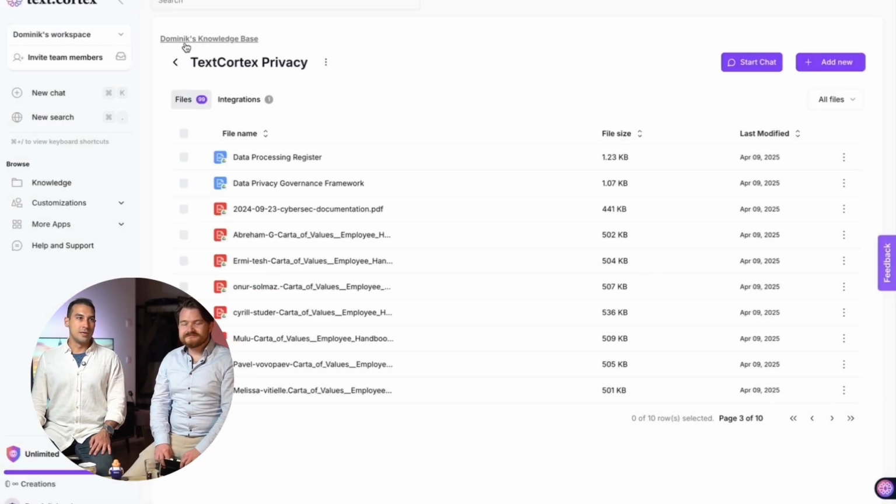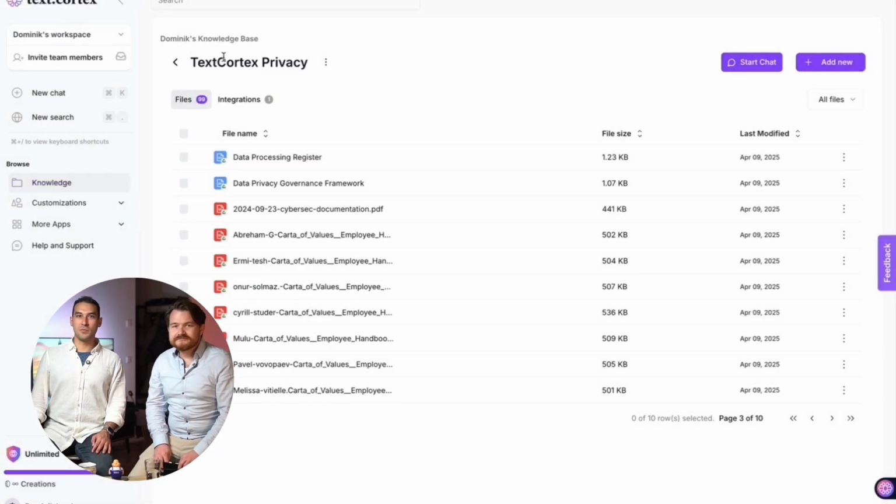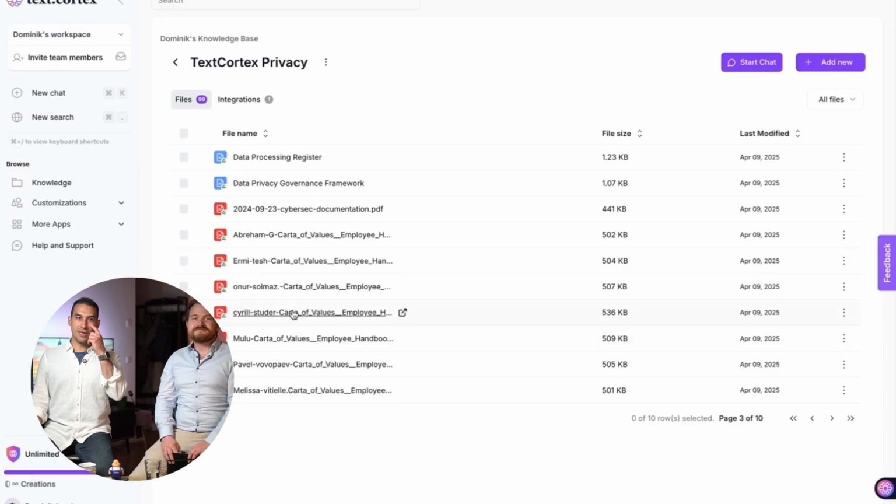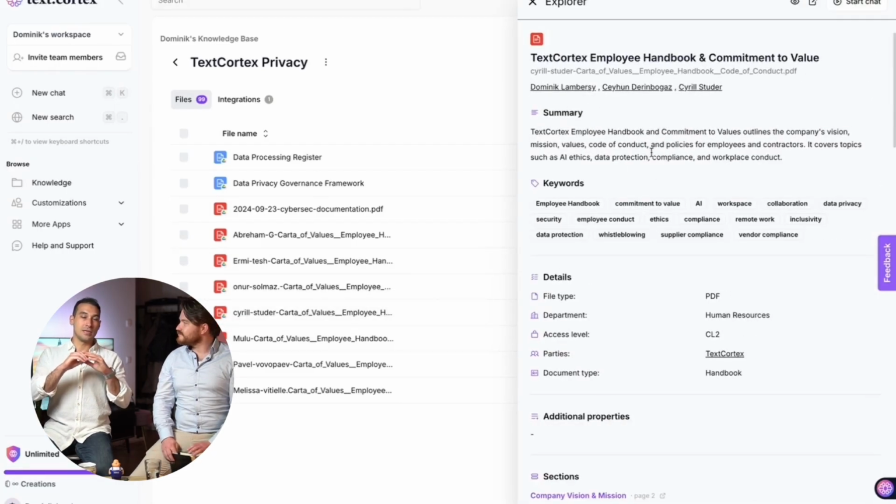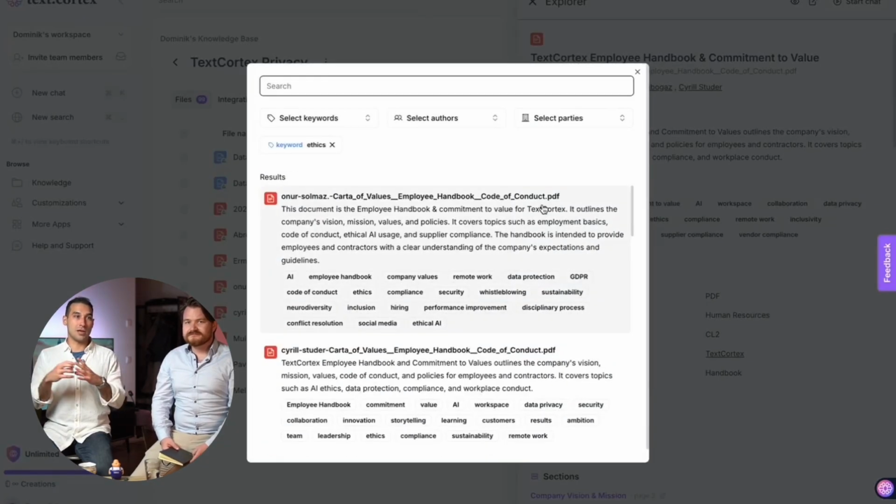What we are doing is we are looking deep into your files, which means when you upload a file or integrate a connection, we also have another work here which is looking into and creating metadata out of the documents that you upload. You can think about it like an X-ray of a PDF paper. So you upload a PDF file and then you get all kinds of keywords associated with it, who are the parties in that. For example, if it's a contract, what parties are in there, what is the confidentiality level.